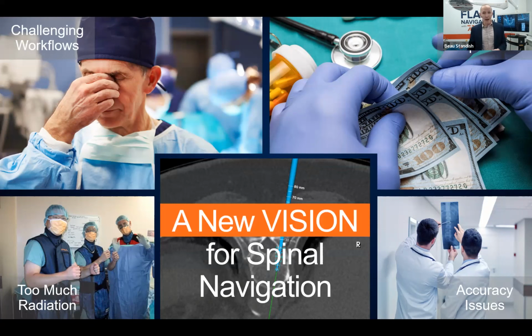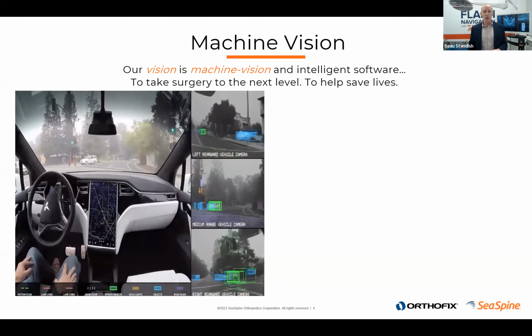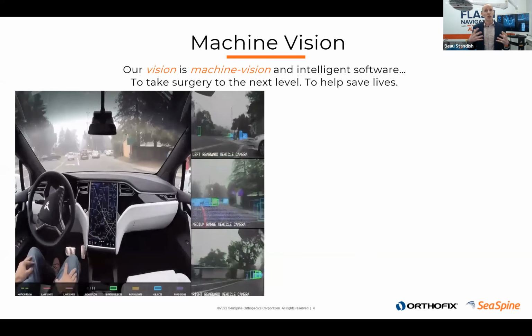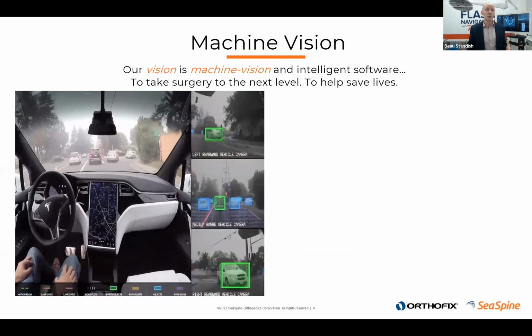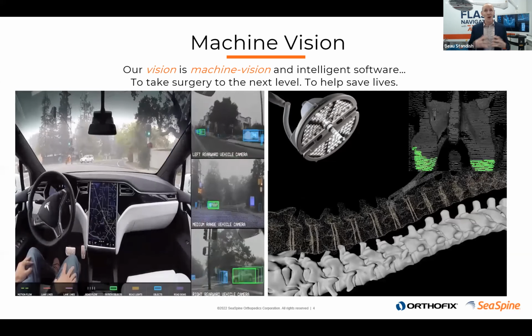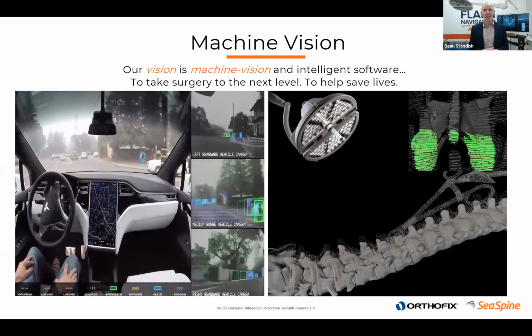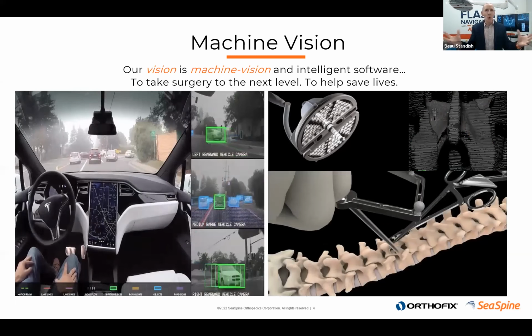And our background is in this area called machine vision, and that's our contribution to the market as a whole. Now, machine vision isn't exactly a consumer level phrase yet, but I guarantee you all are familiar with what that